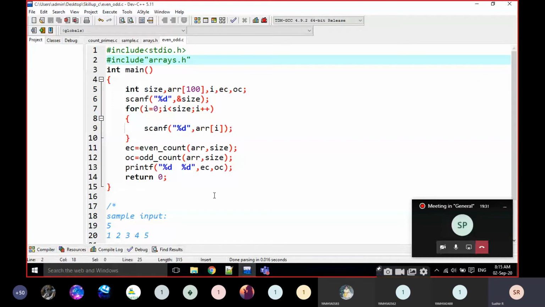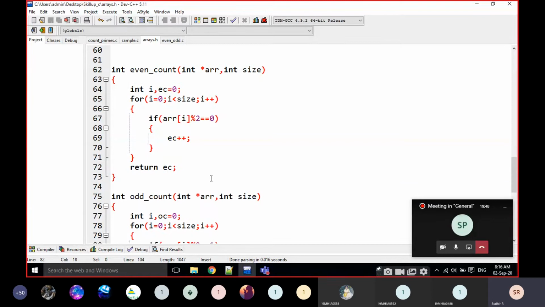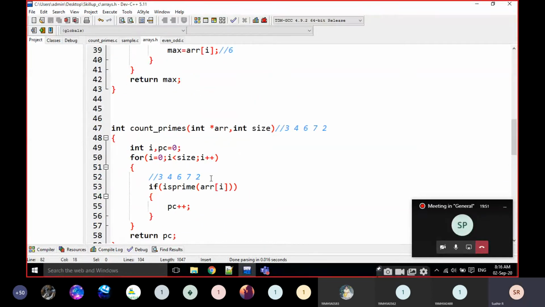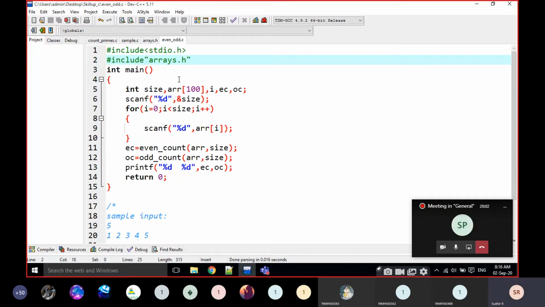Missing here is even underscore count ARR comma size. I forgot the ampersand here. That's it.